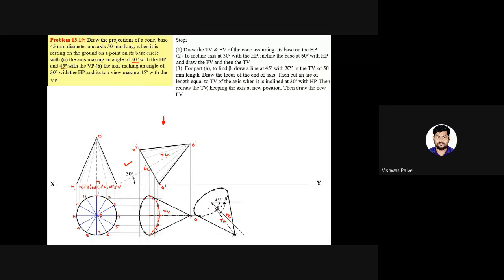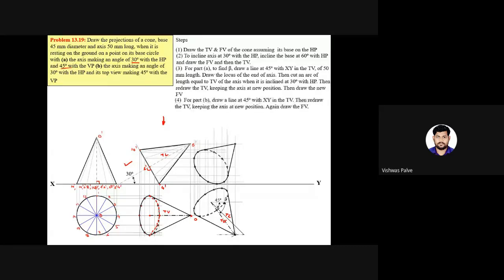This condition applies whenever the axis is inclined to VP. Whenever they say that the axis is inclined to VP, first draw the 45-degree axis, the true length of the axis, and then draw the top view length of that axis. Take the vertical projections and horizontal projections individually. Then mark the points, name each point again and connect them. So this will be the third stage, front view.